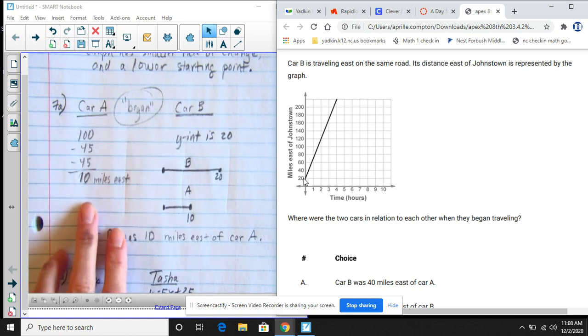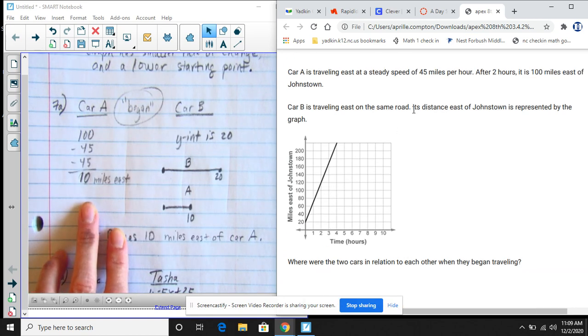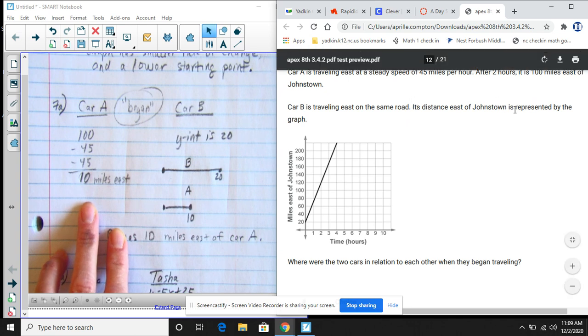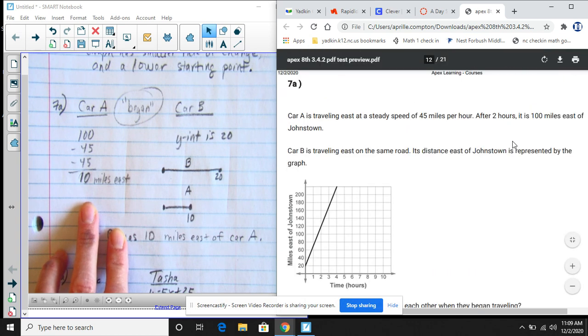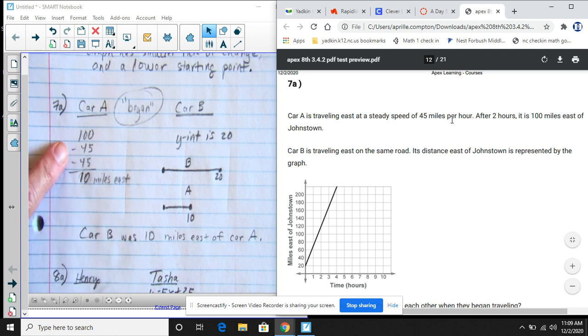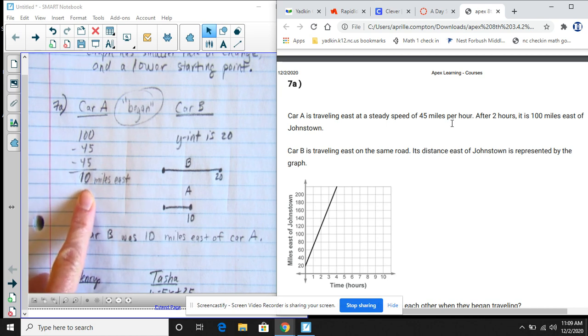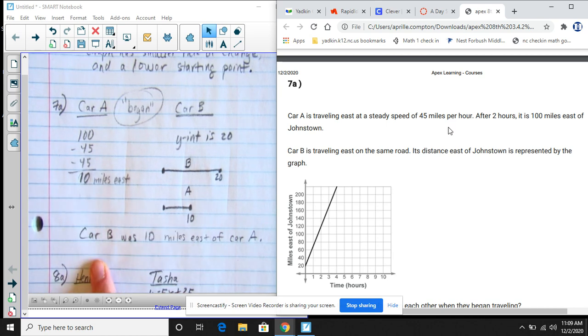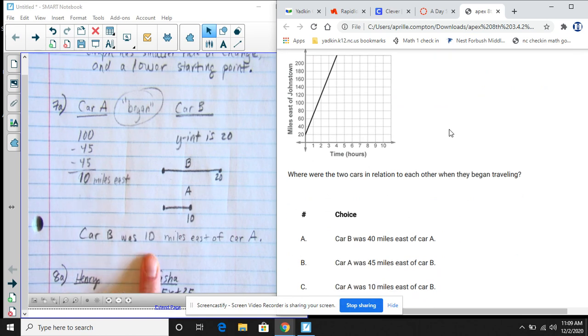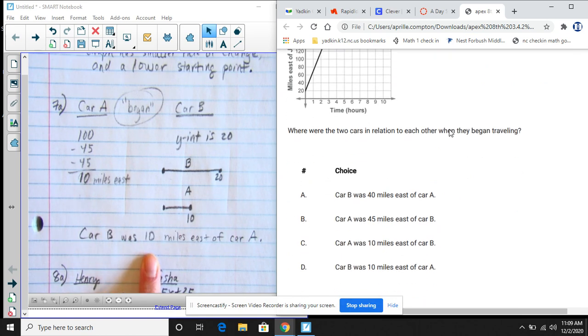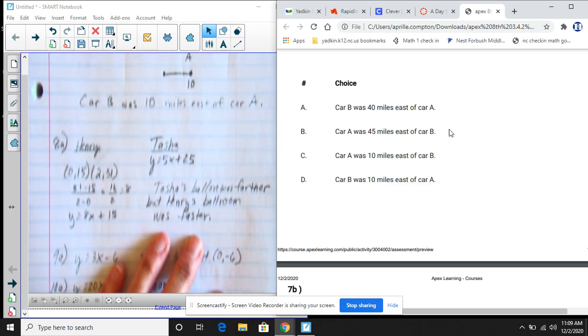Car A, we have to do a little more figuring because it says it's 100 miles east of Johnstown after 2 hours, and it's going 45 miles per hour. So I took away 45 twice to represent the 2 hours, so that means it's 10 miles east. So your answer is car B is 10 miles east of car A. 8a,